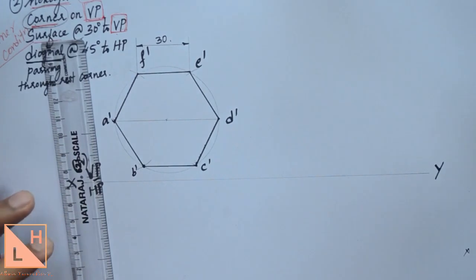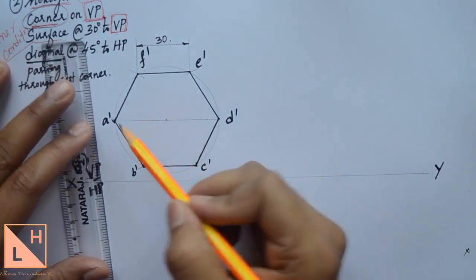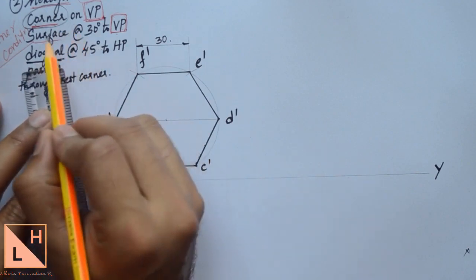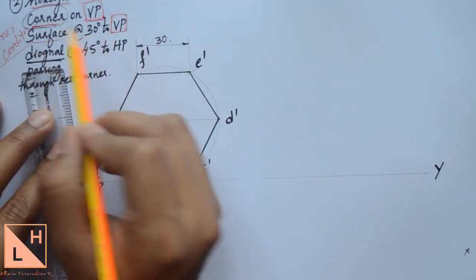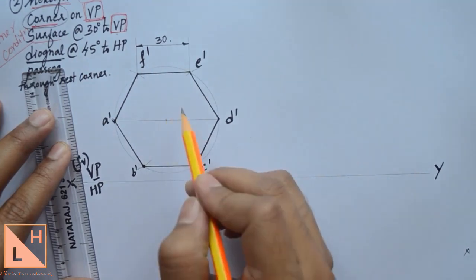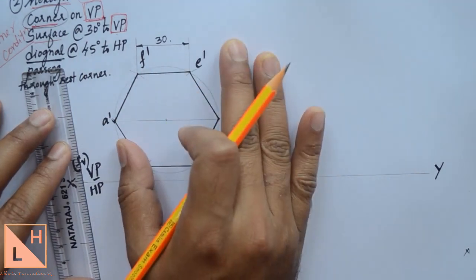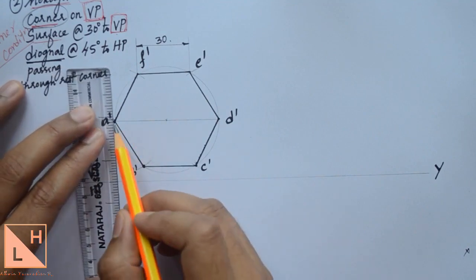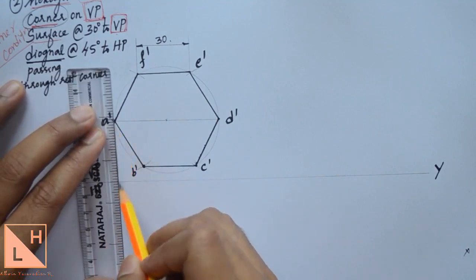So now to generate the top view, we just need to drop the projection lines from every corner. We have 6 points here. So as the problem says the surface is inclined to VP, we have drawn the plane figure on VP. So if it is looking like a plane in the front view, it should look like a line in the top view. So we'll draw projection lines from all the points.